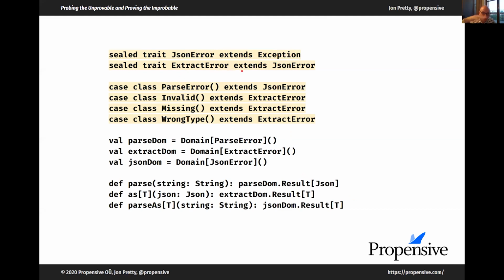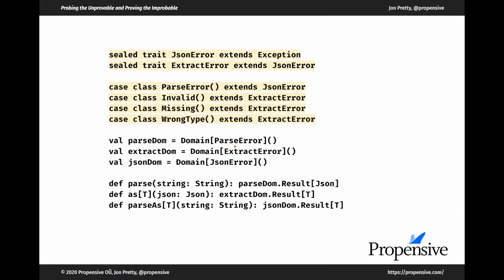So there's a hierarchy within our sealed traits. And what that means is that invalid, missing, and wrong type are all extract errors, which means they're also all JSON errors, but parse error is just a JSON error and not an extract error.